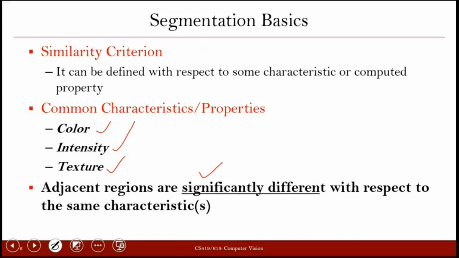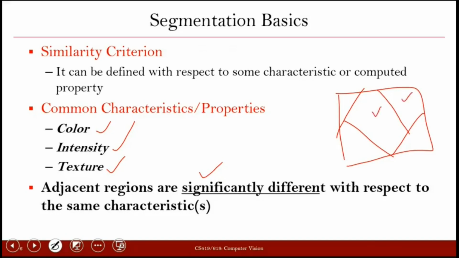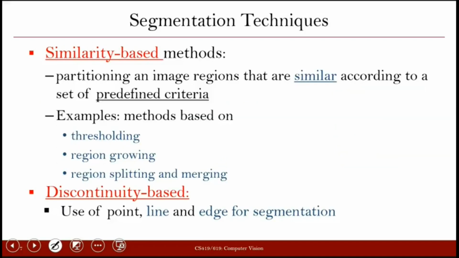Right? So if, let us say, we have divided it into these segments, and we analyze this segment and this segment, we'll find that any adjacent segments you take will have very different characteristics. If they do not have different characteristics, then obviously we would have merged them. We would not have said that this is one segment and this is another segment. We would have said that both are the same segment. So that's why, if you analyze adjacent regions, they will have very different characteristics.